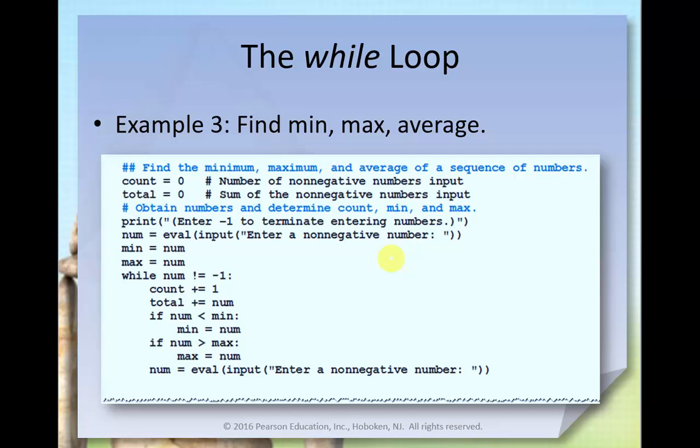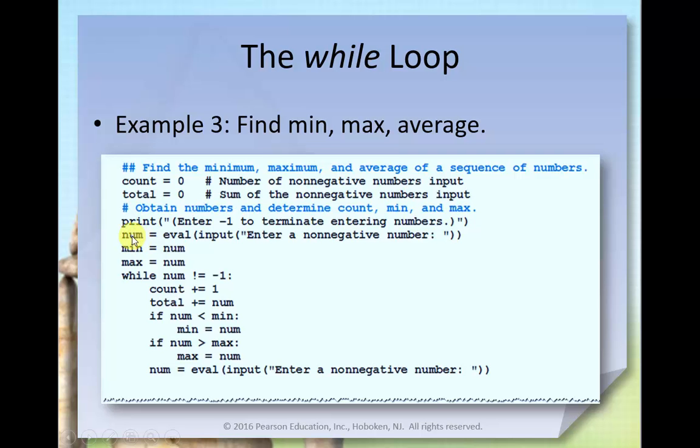All right, here's a numeric version. While doing some math type of things, it's always useful to set up some of your values, your variables, and initialize them to 0 in the beginning. Here's count and total being set to 0. Print statement to tell the user how to terminate the program. And then we do some input. We're asking for a non-negative number. Notice the eval statement here, which forces the input into a numeric variable,